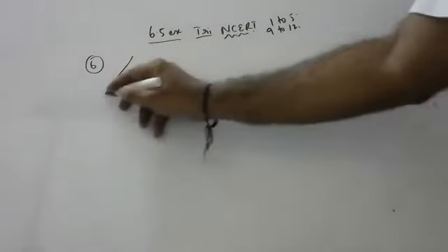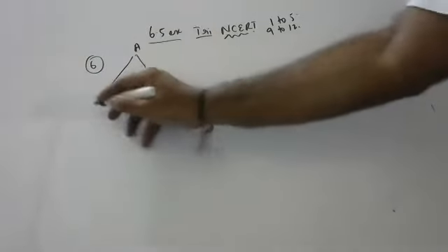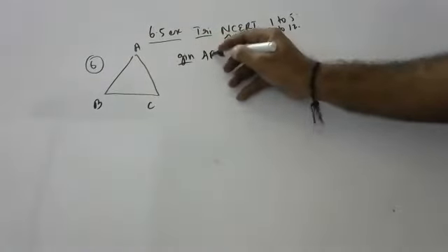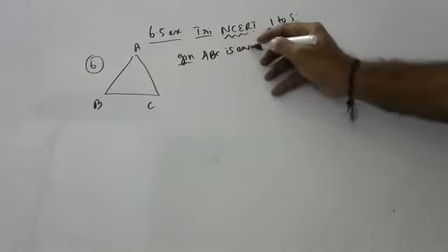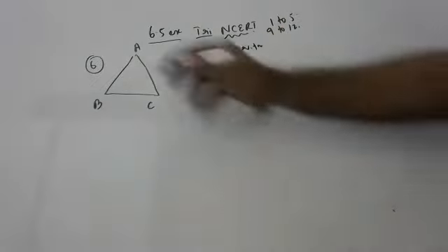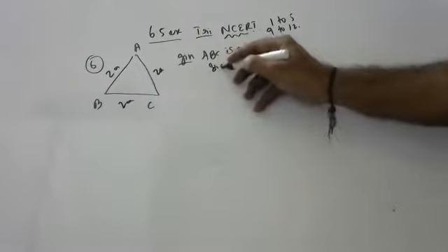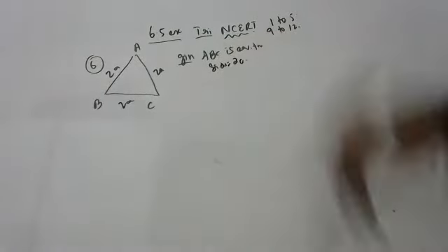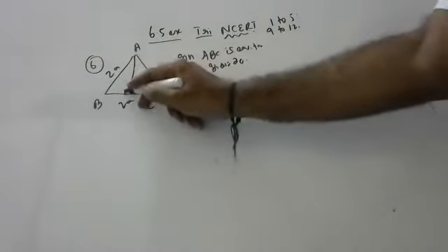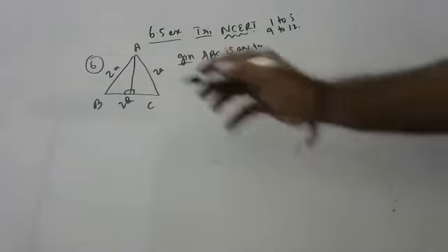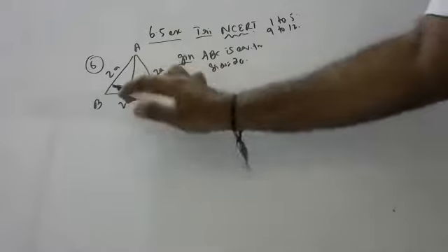ABC is an equilateral triangle. Please see here, children: A, B, C. What is given is that ABC is an equilateral triangle, and each side is 2a. Find the altitude. What is being asked is the value of the altitude. Children, if you remember, in 9th class I told you that in an equilateral triangle the altitude is the